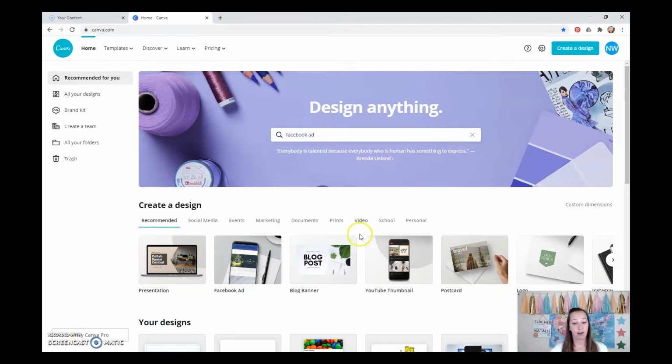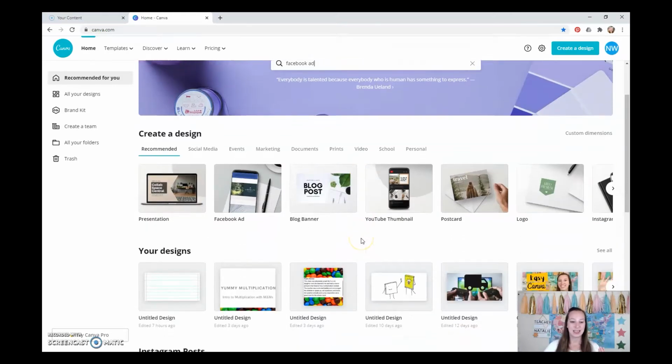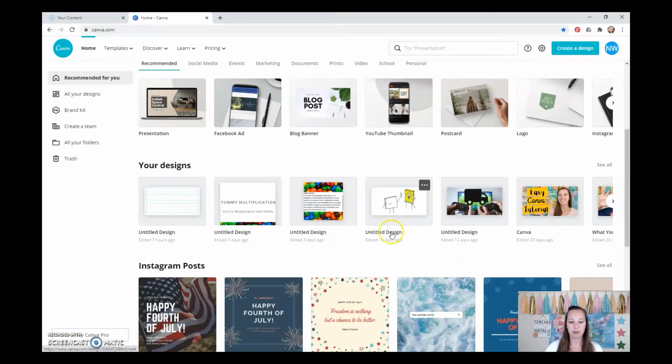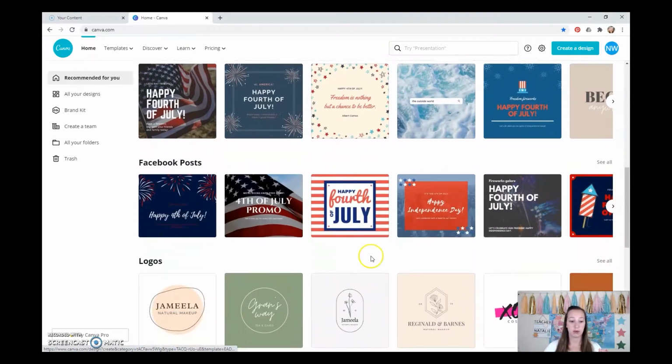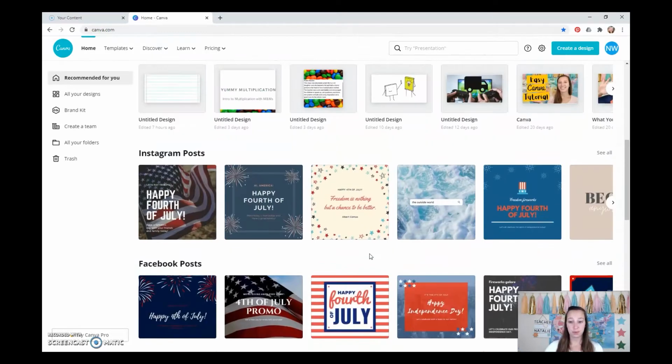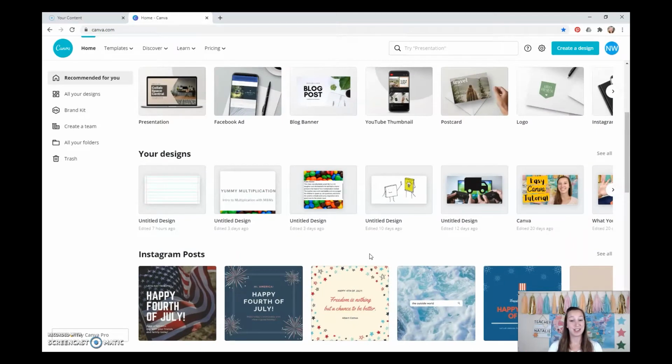you have a whole bunch of design templates. Like here are my design templates already. Templates for Instagram posts, Facebook posts, logos, anything you could want. There are already templates out there for you to use. A lot of free pictures, which I will get into. And like I mentioned earlier, I do use this for my own Instagram posts sometimes. When I have like a sale for my Teachers Pay Teachers or Etsy shop, this is what I use to